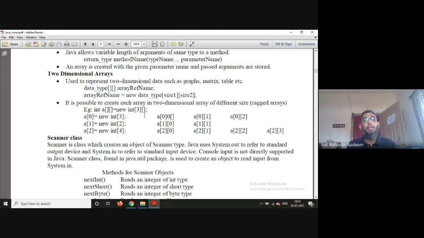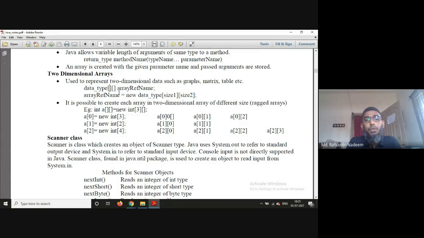Today we will discuss two-dimensional arrays, how they are created. When you want to declare a two-dimensional array, the syntax is the data type and two brackets, then the array name.